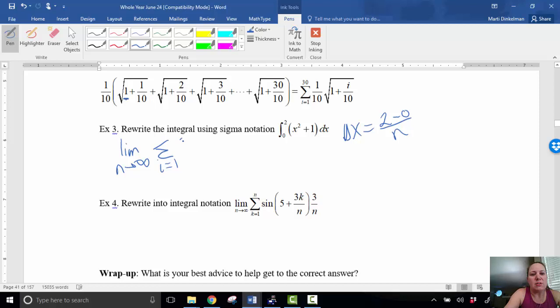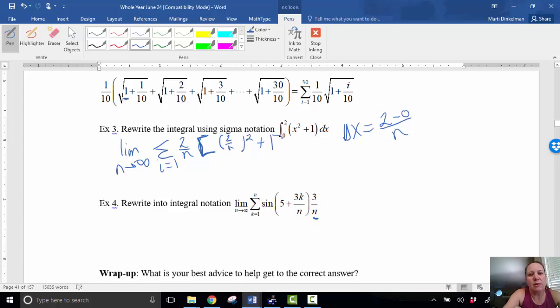2 over n is our delta x, so each of our rectangles is going to have that width. That's the way I like to think about it. You'll see here in example 4, they put it on the other side, so just be careful about that. And then we're going to want that delta x to be plugged into that x squared there. So maybe I should put brackets here. I'm going to leave a little space here because I know it's going to be that delta x squared